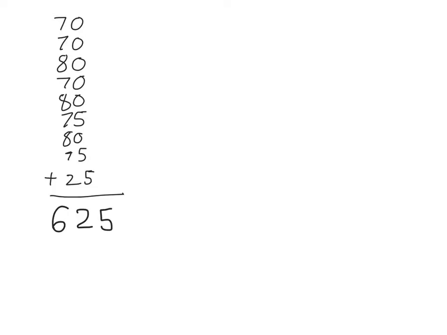How many points of data do we have? We've got 1, 2, 3, 4, 5, 6, 7, 8, 9. So we're going to divide by 9, and that gives us an average for our test scores